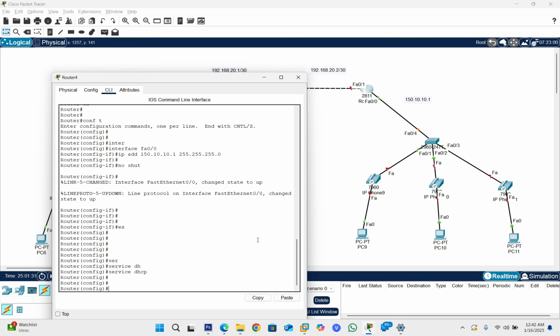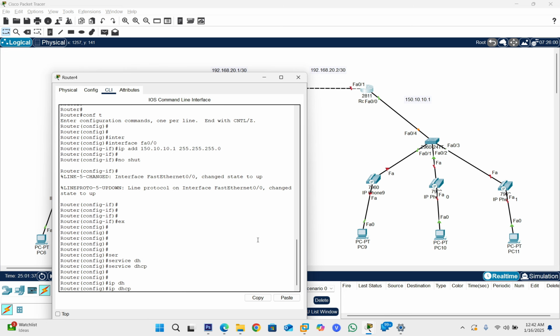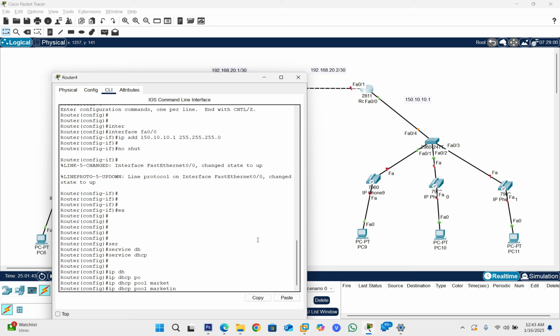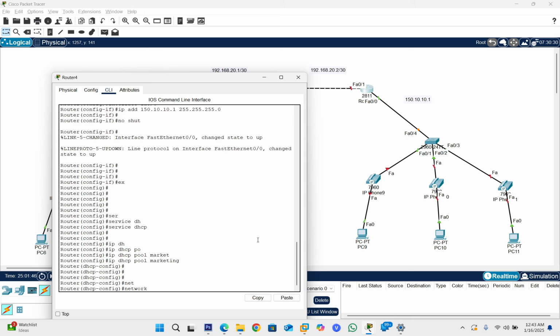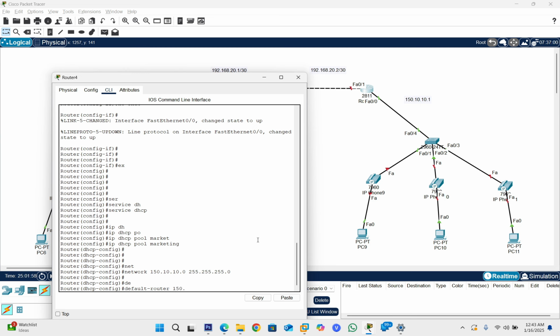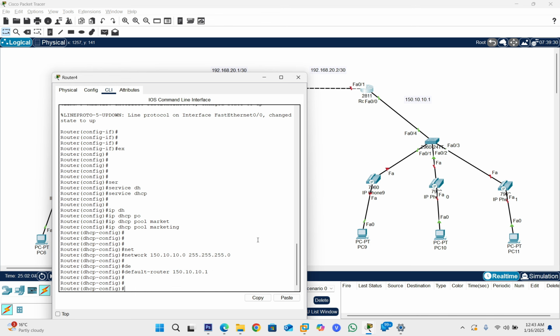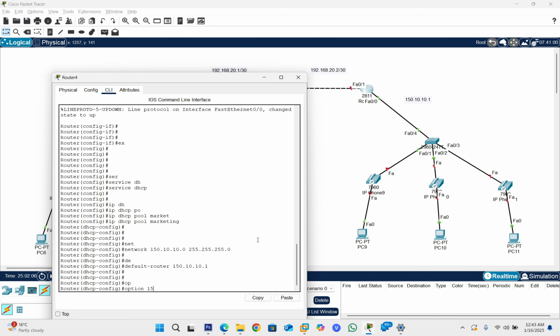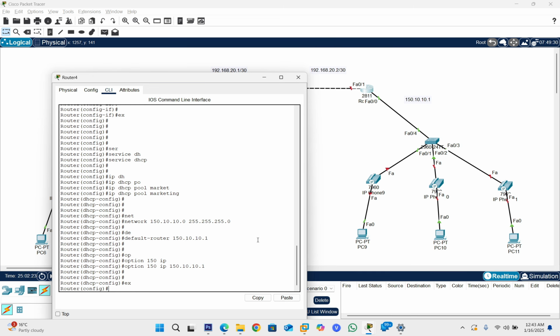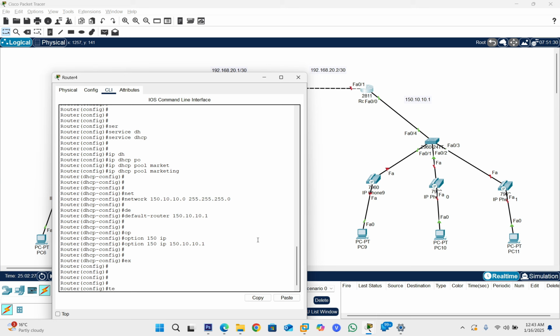And let me enable the DHCP services, and the IP DHCP pool name marketing, hit enter, and the network will be 150.10.10.0, 255.255.255.0, and the default router 150.10.10.1, hit enter, and the option 150 IP 150.10.10.1, and hit enter, and let me exit from here and enter telephony services,